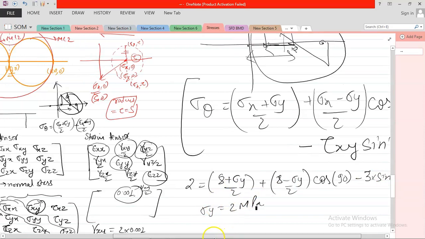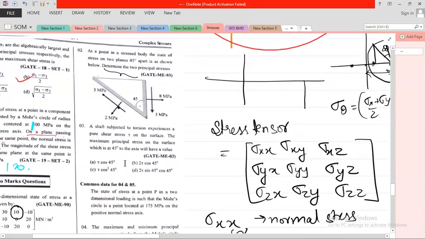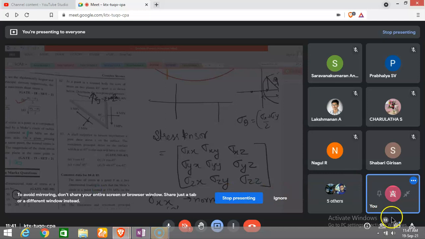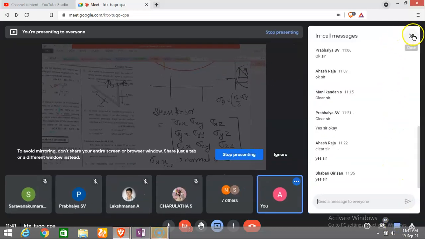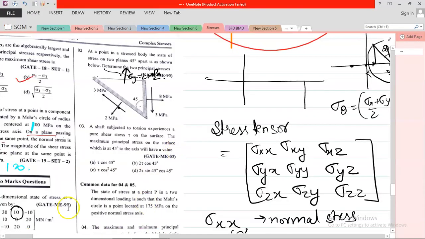Now you can draw the Mohr circle and you can obtain the principal stresses for this problem. Okay, and now you know also this point has sigma y is equal to 2 megapascal. So now you can draw a Mohr circle with this and you can find. So any doubt in this question? Okay, in the next problem,